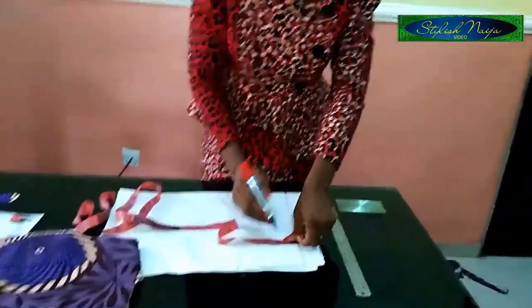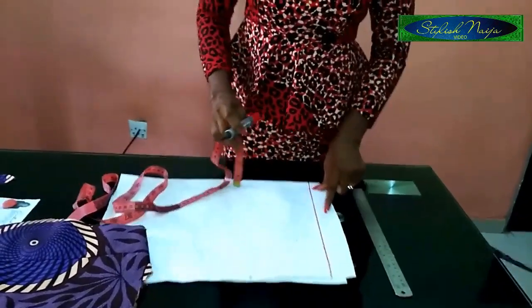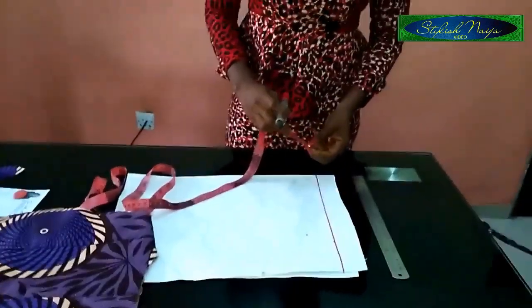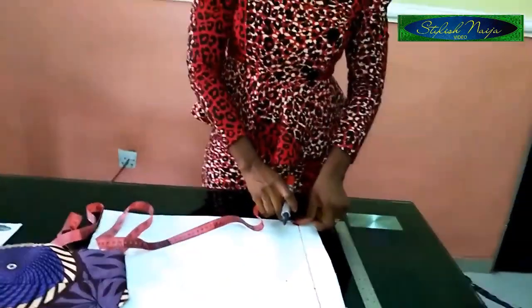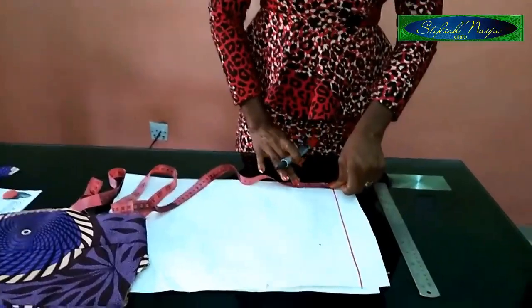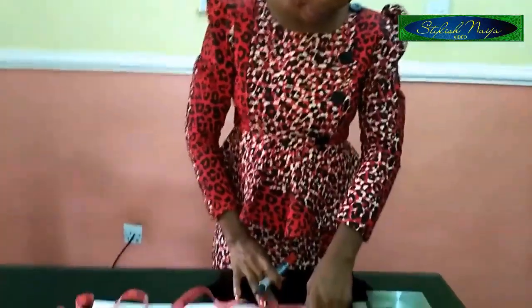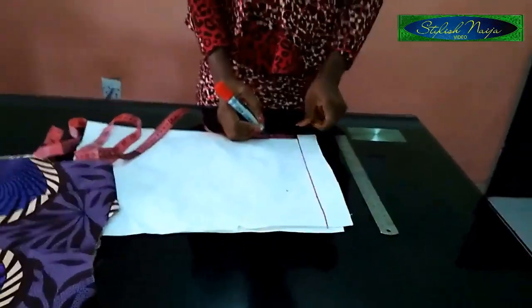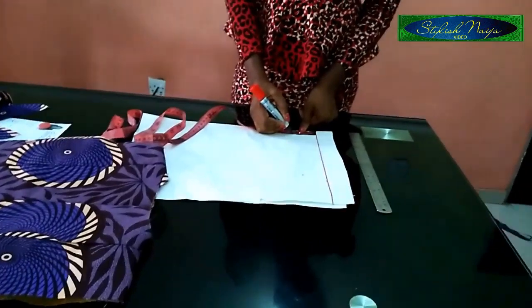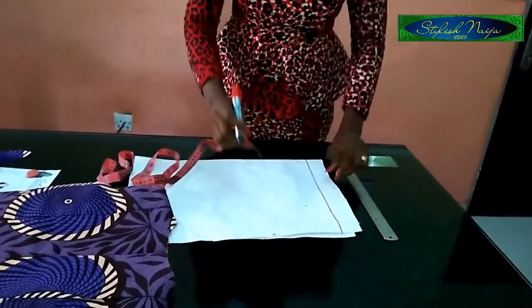I'll just take my tape like this and bring it here. And then for this part I will just elongate it a bit, a tiny little bit. That's for the middle part of the neckline. The middle part, I'll just add like 1 dot here. I'll just elongate it like that, and then